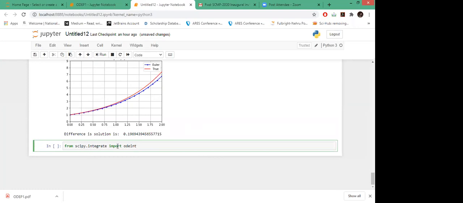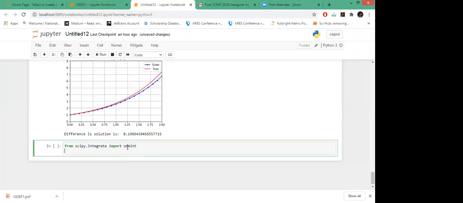But apart from this, you can also use another way of writing. These are just the ways you can import your necessary function. Or suppose you know that you particularly just want to use odeint, so from this particular module or library, I just want to import this, and I'll use it directly to call my function.